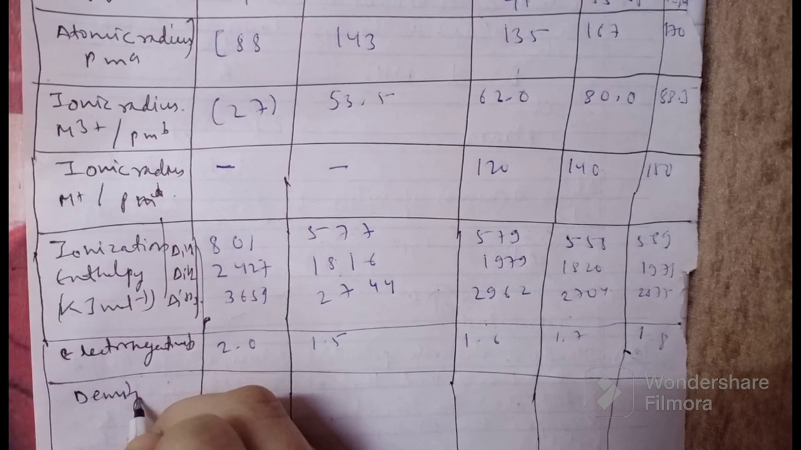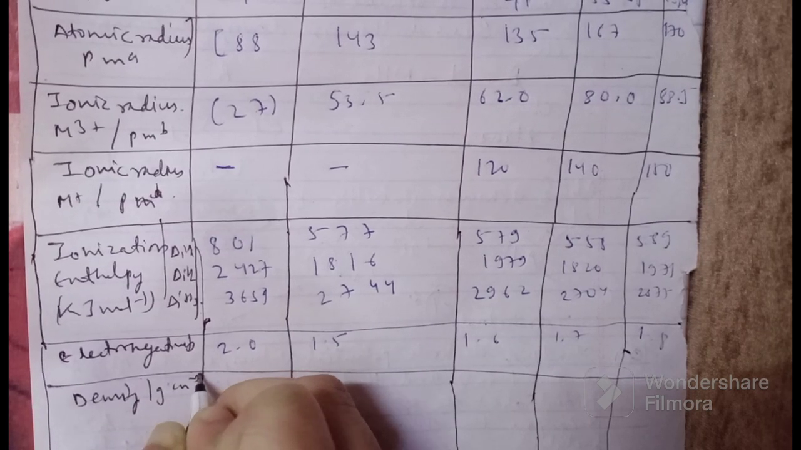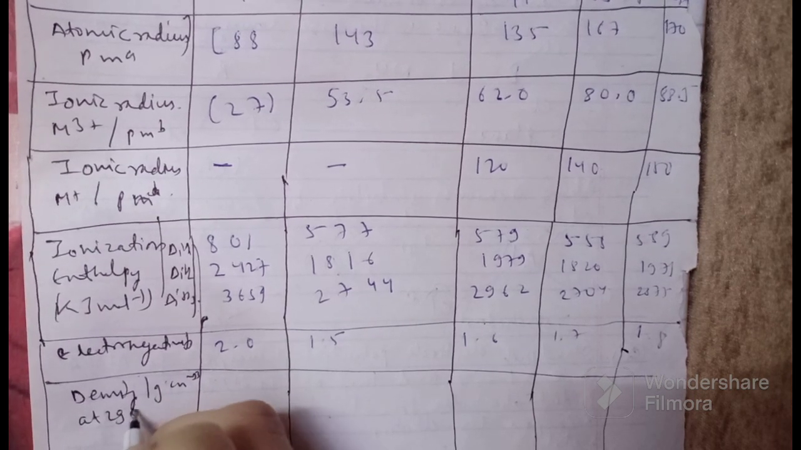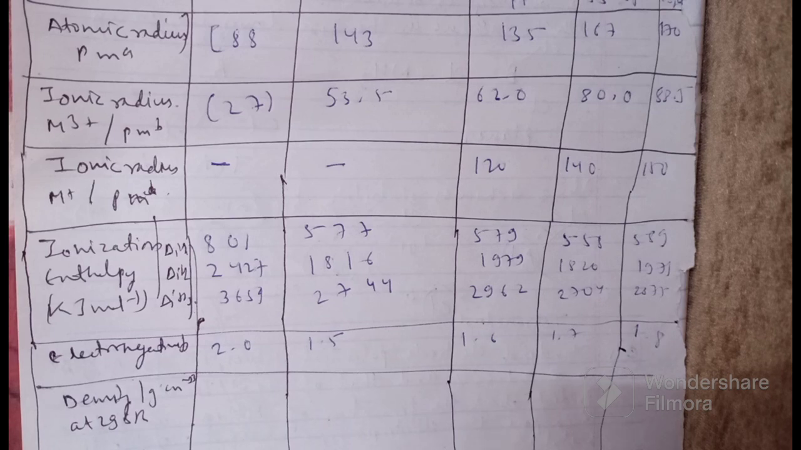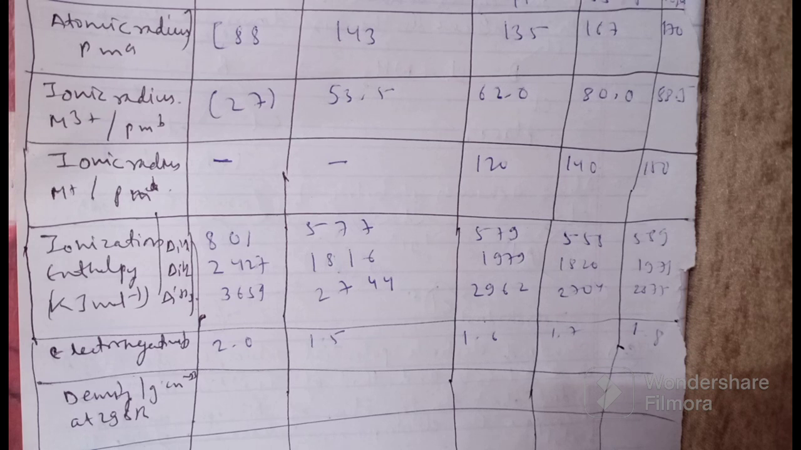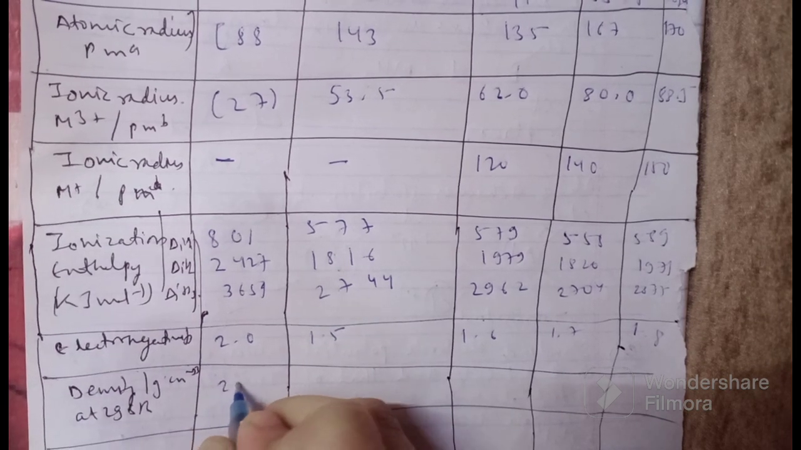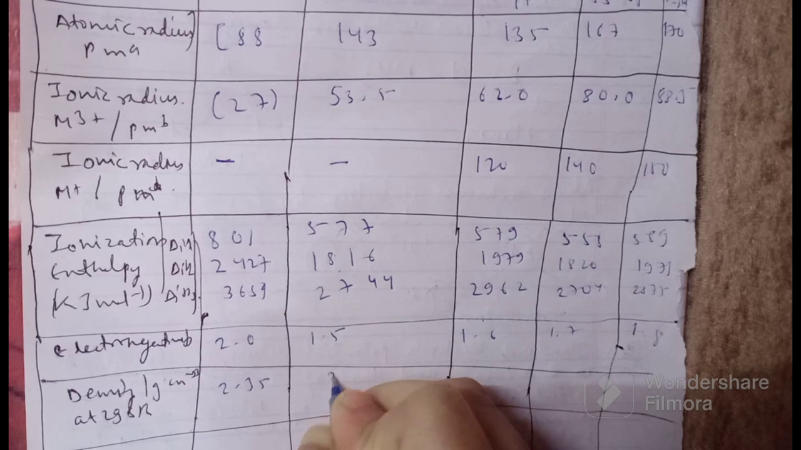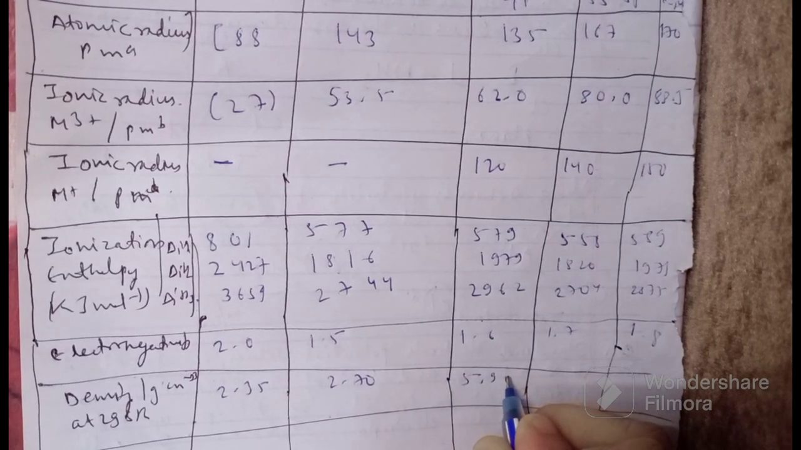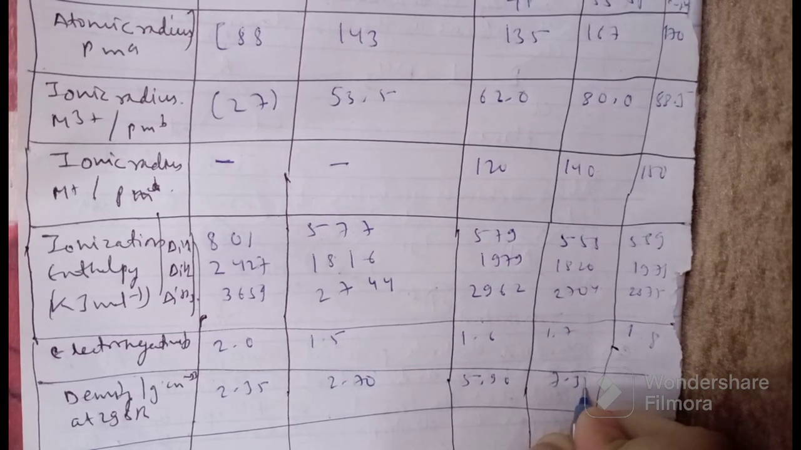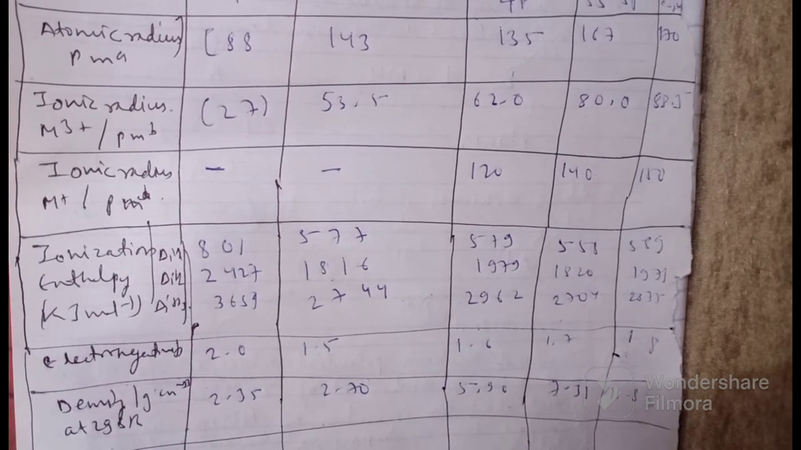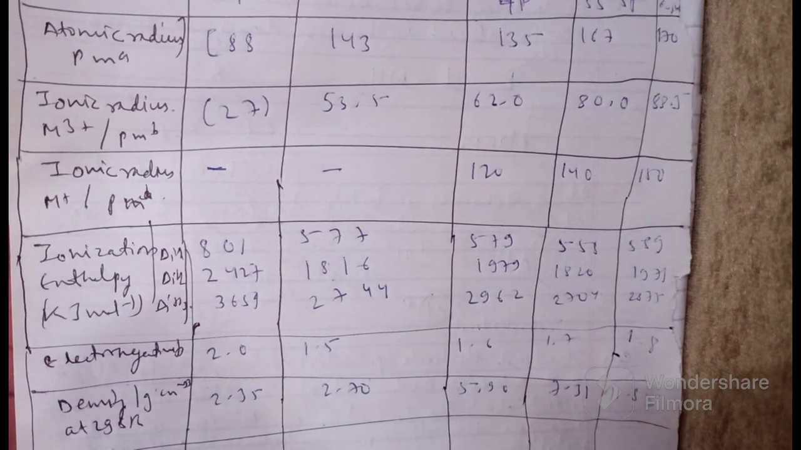For the density, it will be in gram per centimeter cube, at 298 Kelvin. For the same, it will be 2.35, 2.70, 5.90, 7.31, 11.85. Coming towards melting point,